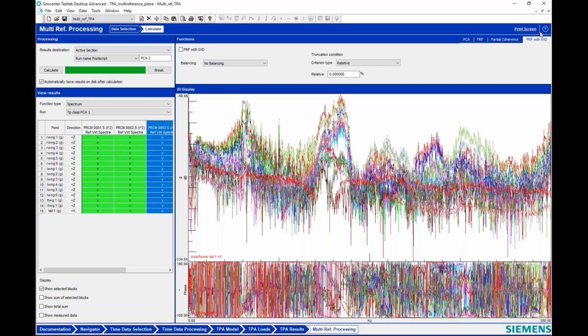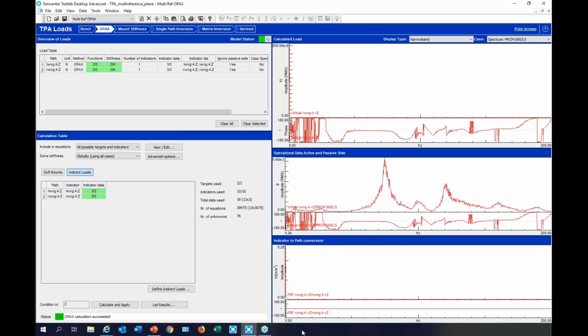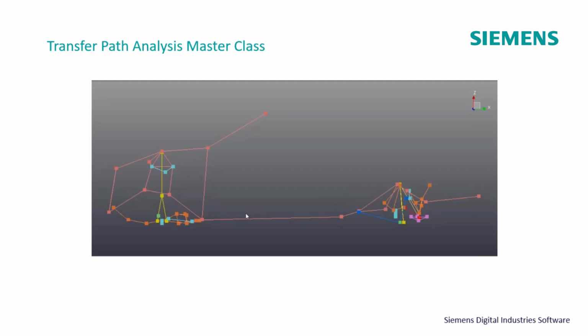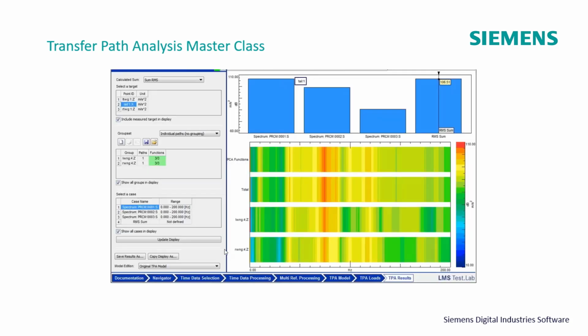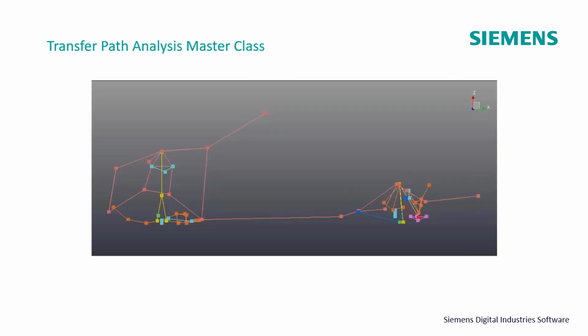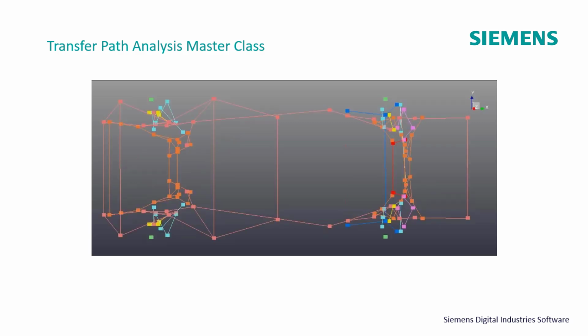Other thing I was going to show, if I go back to my slides, is that this is kind of an academic example, but we do have other examples. So that was the software demo for the plane. If you have questions on that, please let me know. We also, in the TPA Masterclass, which has been held in Europe a couple of times, have a full vehicle. It's actually a Dodge that we've done a lot of testing with over the years. So we've got quite a few measurements on it.